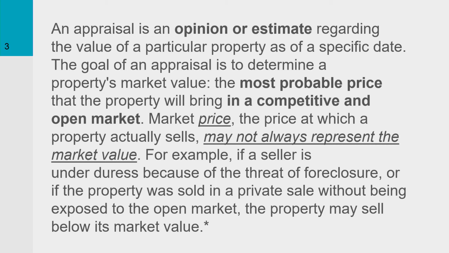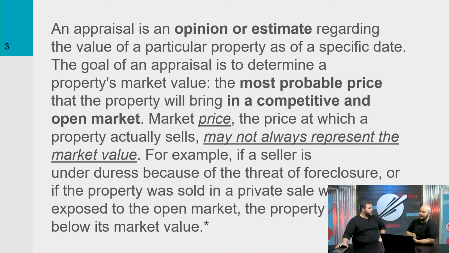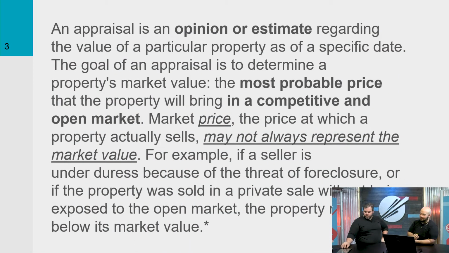Now, I need to be very focused on those two words, opinion or estimate. Anytime you bring an opinion or an estimate into play, you run the risk of varying opinions because nobody's going to think the same. But what we're trying to find is an opinion or estimate of the most probable price. You can have a wrong opinion in this case. If you have zero data to support why you think that house is worth $2 million when it's clearly only worth $100,000, then your opinion is flat wrong, and it can be proven through comparable sales data. So what we're looking through here is opinions or estimates of that value.